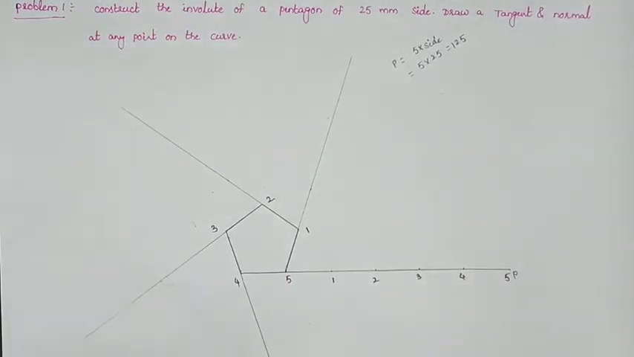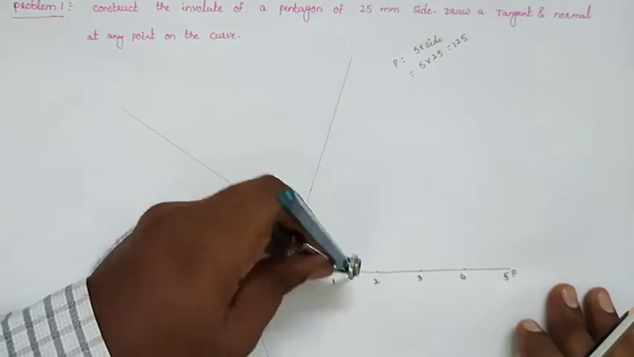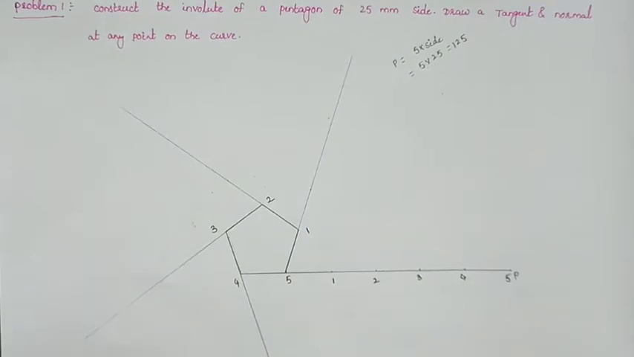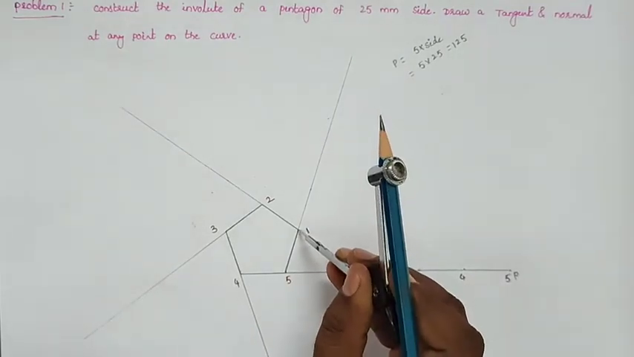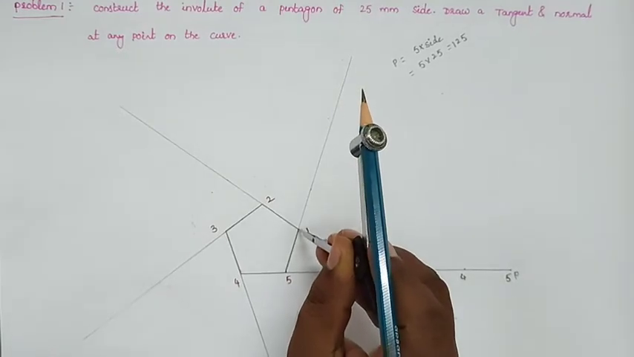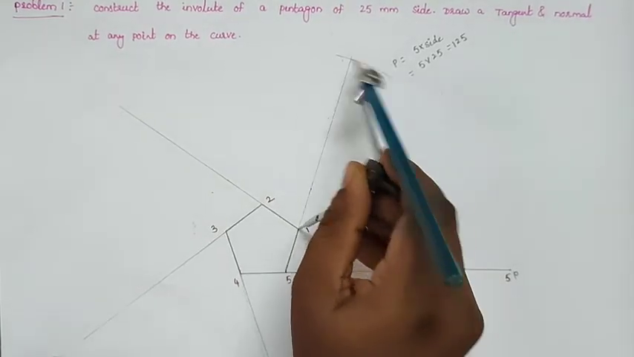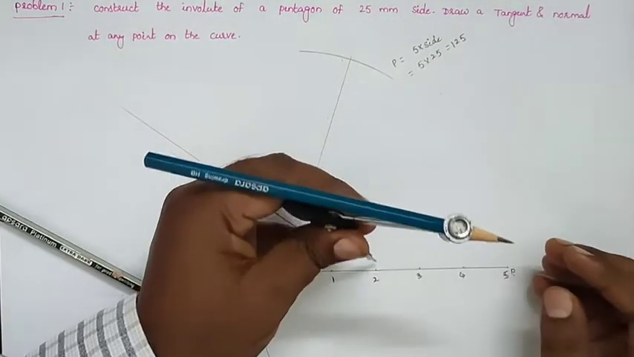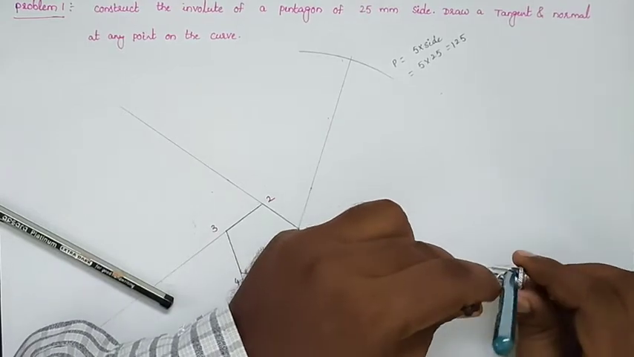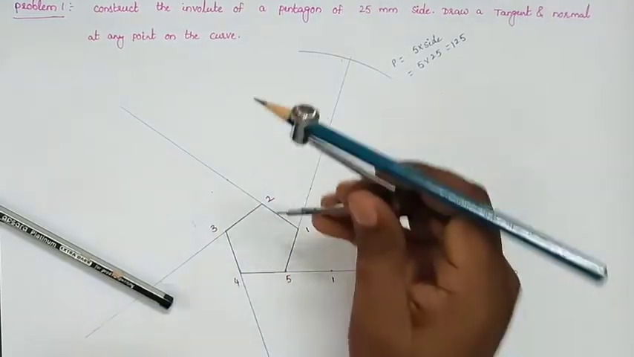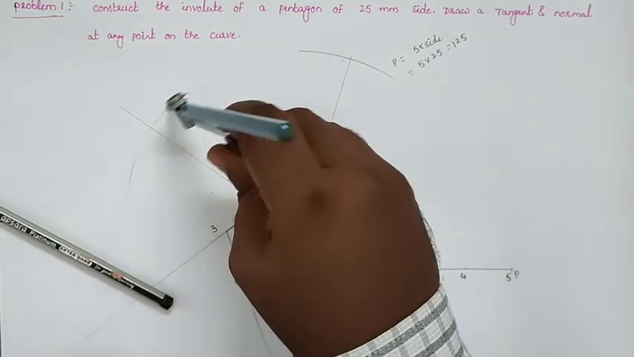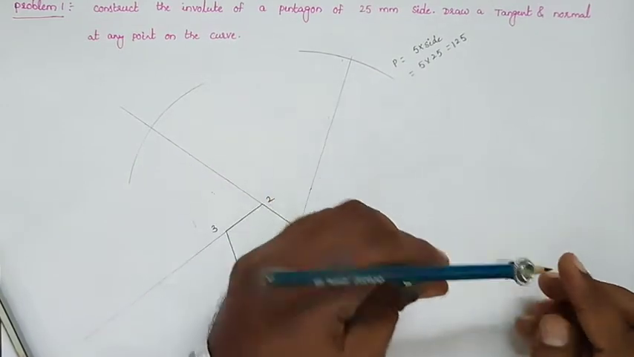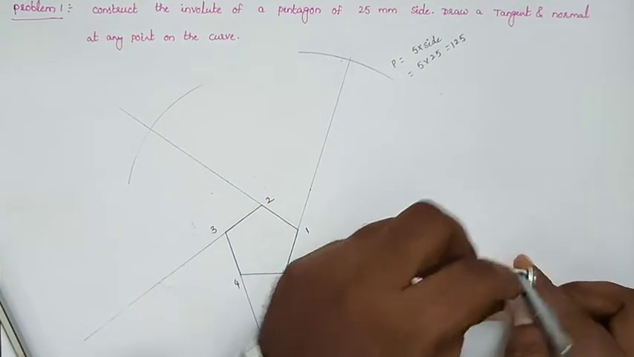Now by taking the length of 1P, with the length of 1P as the radius and 1 as the center, draw the arc like that. Similarly 2P as the radius, 2 as the center, draw another arc. Draw the arcs bigger. 3 as the center, 3P as the radius,